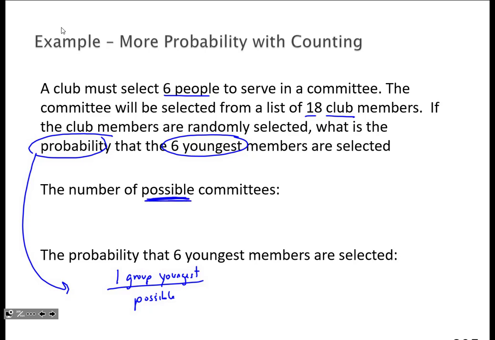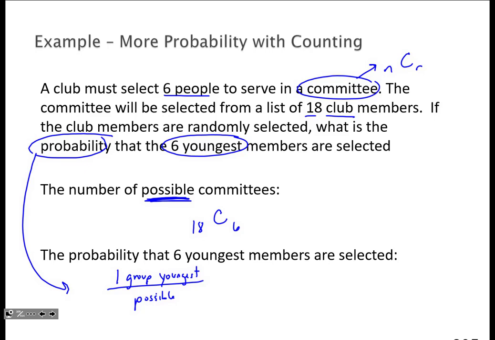So we come back up and we think, how many possible committees? Committees are almost always combinations because there's no ranking. The exception of that would be if you see a problem that says there's a chairperson or a vice chairperson or a secretary. Obviously, then you've got ranking and you go back to permutations. But in this situation, everybody seems to be equal. So we've got 18 club members,